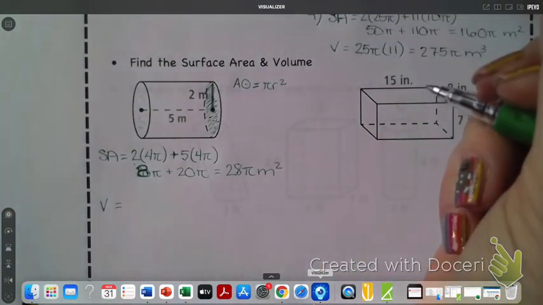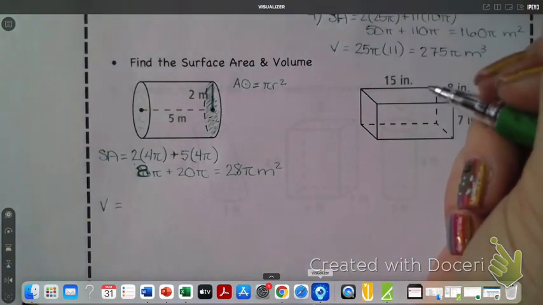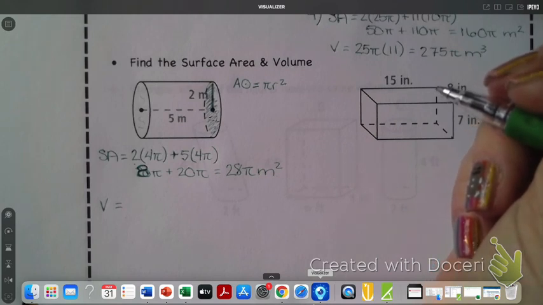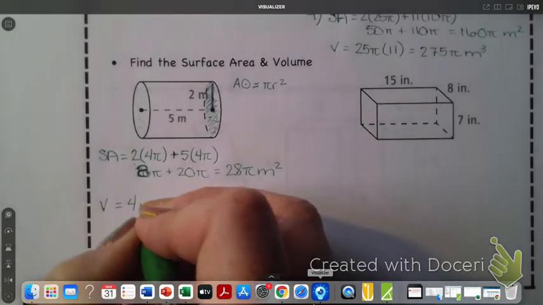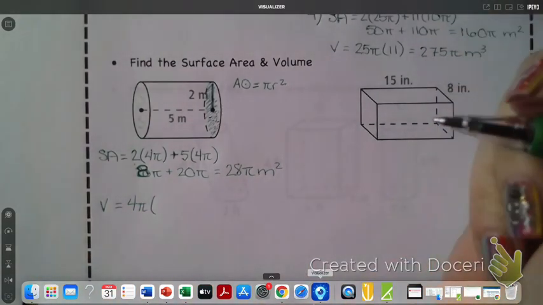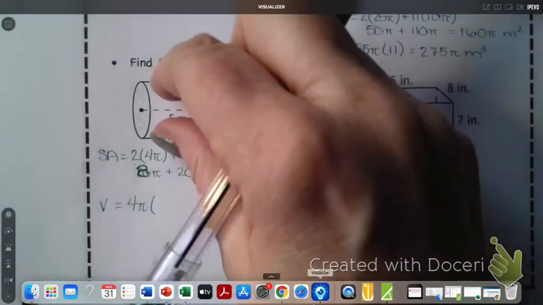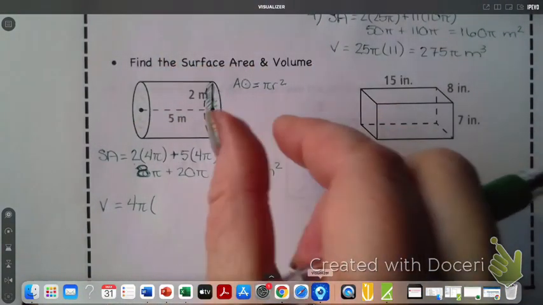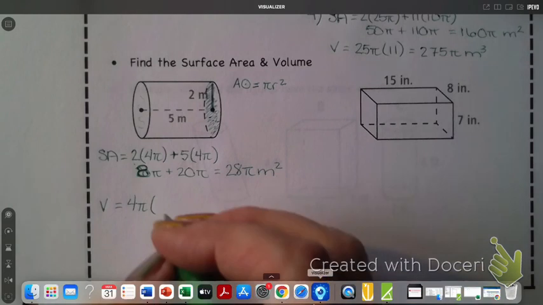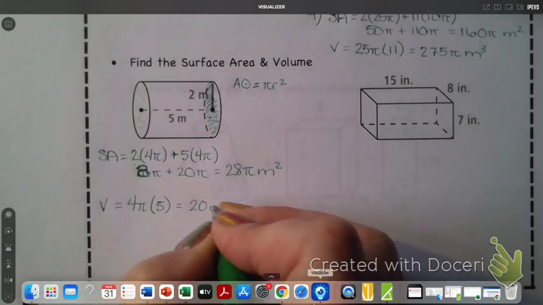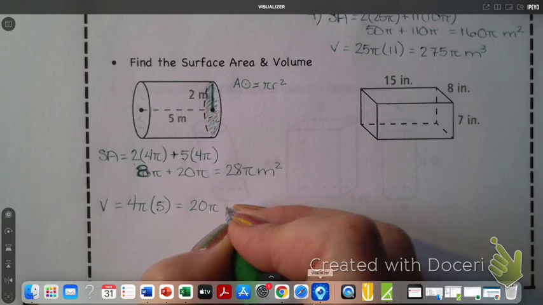So what's 2 squared? What's 2 times 2, Cooper? 4. So it's 4 pi. Now the height. What is the height? So if I took this cylinder and stood it on its end, what's the height? 5. So what's 4 times 5? 20. So it's 20 pi meters